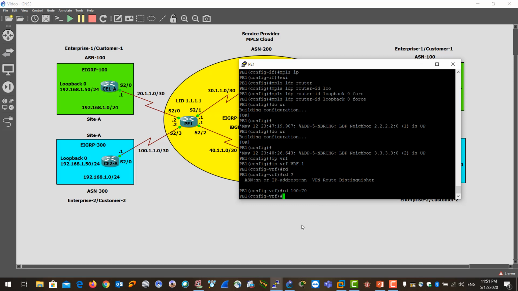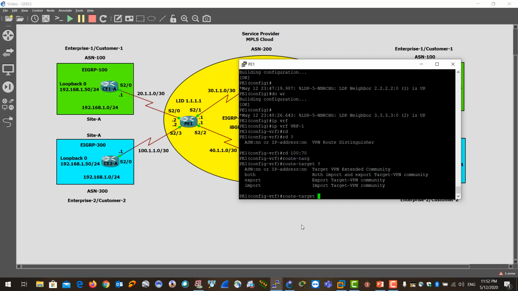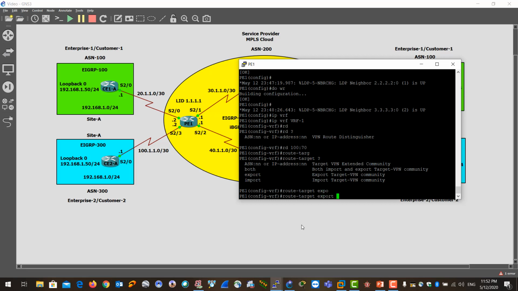And then let's configure route target. We have two options here: either configure import and export, or we can configure a value directly and it will be used for both import and export. But for this example, I want to use different route targets. So let's start with export. We will export 100 and value, let's say 30,